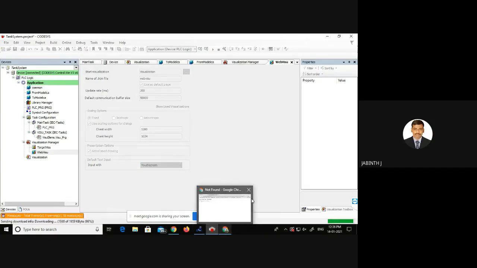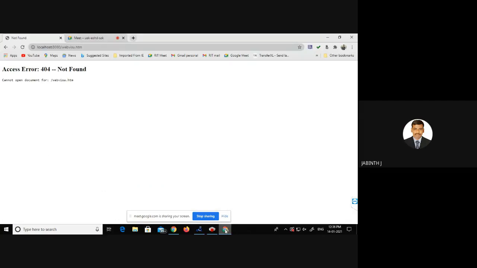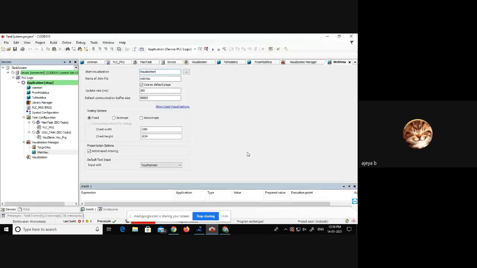So when you dump code, by default, go to PLC again. Go to CodeSys again. When you dump the code, it'll be in stop condition. Now press the play button at the top, so that PLC is running. Yeah, now it is running. This screen is the target Visio that you are getting. Go to Chrome now.